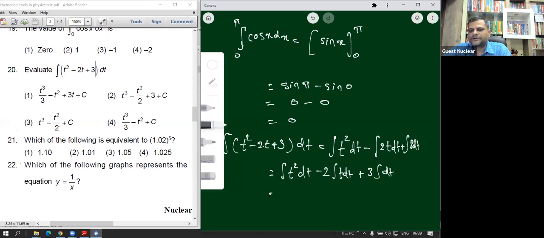Okay, so the next step will be: t square का integration क्या होगा? As we have the formula for integration of x raised to n is x raised to n plus 1 upon n plus 1. तो यहाँ पे ये फॉर्मूला यूज करके यहाँ पे क्या आएगा, t square का integration t raised to 2 plus 1 upon 2 plus 1, मतलब t raised to 3 upon 3, करेक्ट है, माइनस